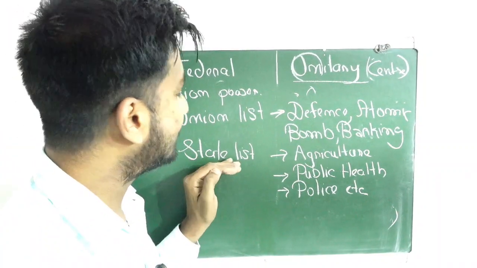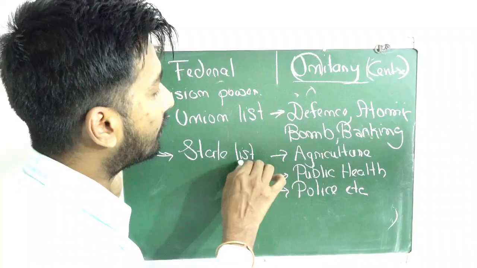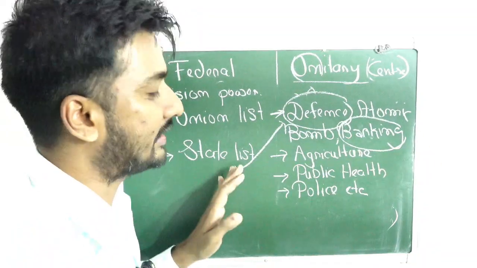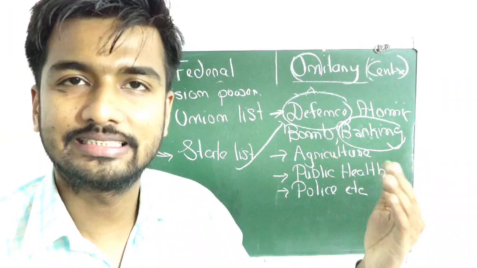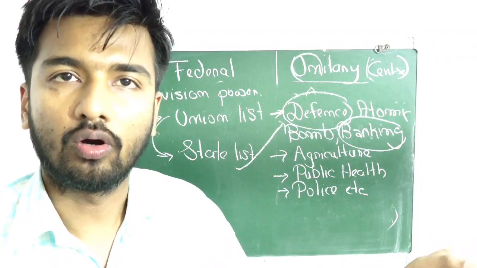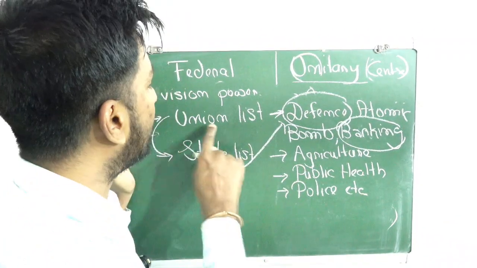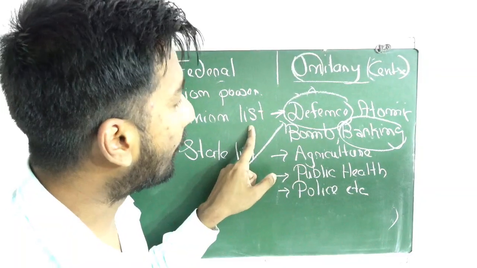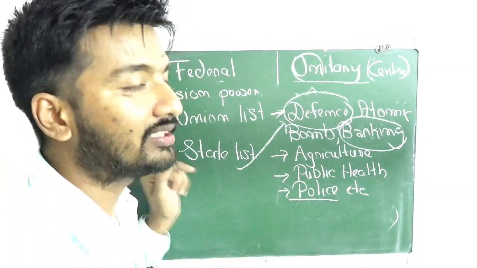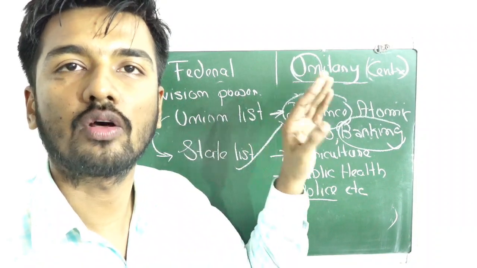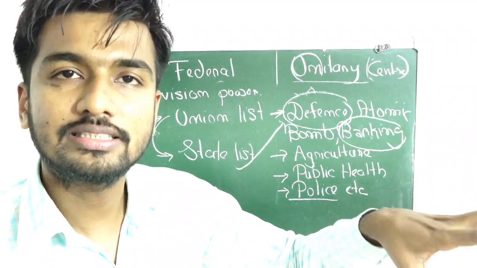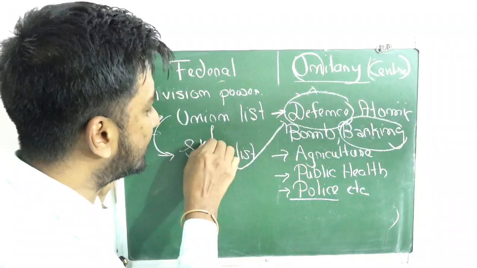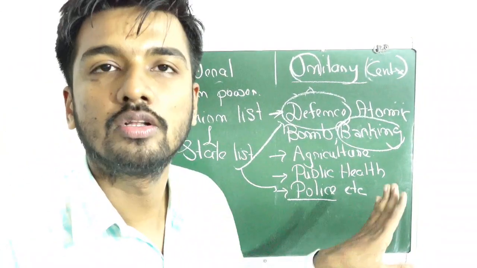Now a state government cannot make laws on the defense of a country or a banking system. The state government cannot tell SBI to do something or follow its rules and regulations, because it falls under the union list. And the union government cannot make laws on the police of a state. The union government cannot ask Assam police to do something or change the law. It can only give direction to the state government, and the state government can make laws for the police.